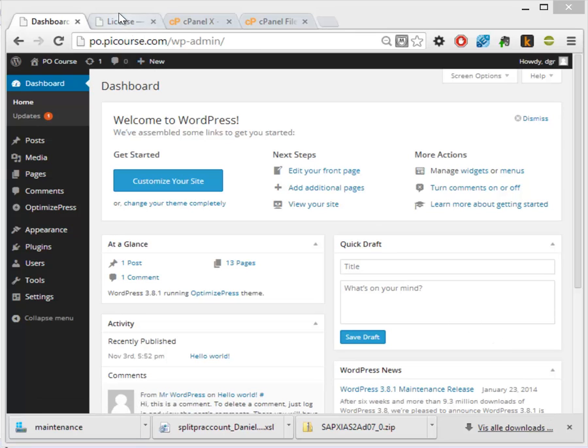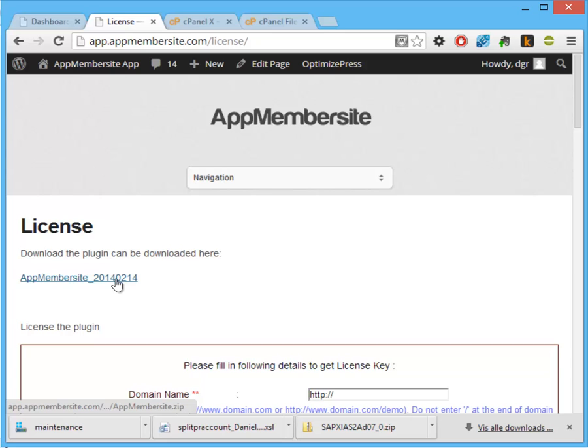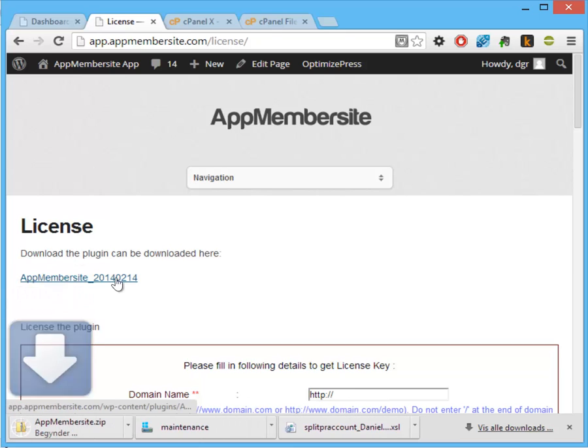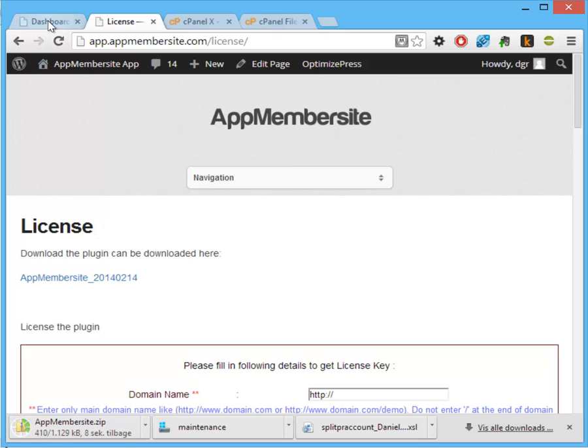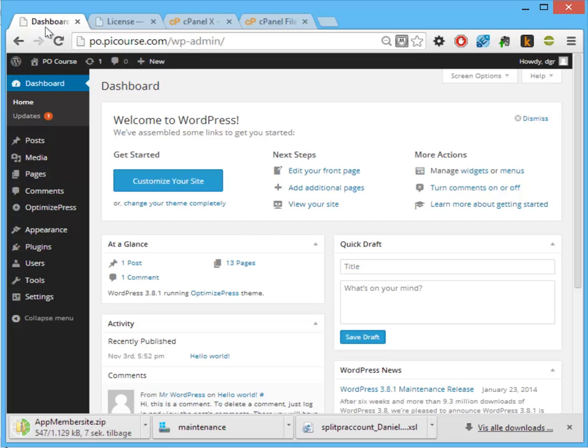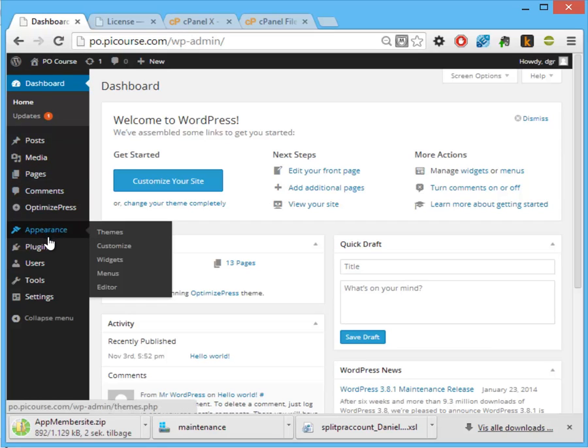using the Appmembersite app and what you need to do to get from you get the license to get started. So when you have purchased, you'd end up here and you'd be able to download the Appmembersite license, and it will just say download and take a little while. And then you would go to your new page and you would say